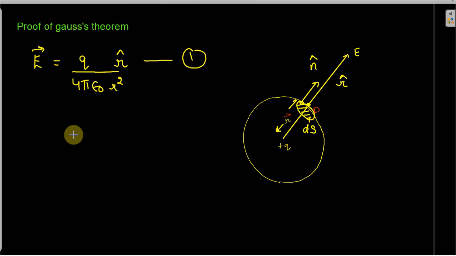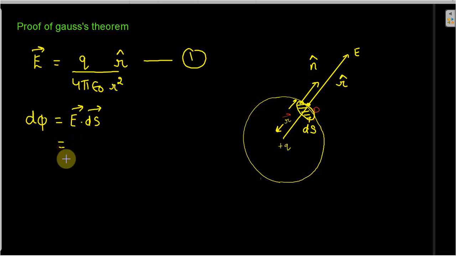Now we have to find the electric flux over the area element ds, because the element is very small and we want to find the electric field here. So the electric field produced by this positive Q charge at point P will also be very small at this area element. So let that flux be d phi. So the electric flux we want to find over the area element will be E dot ds. This is the formula for electric flux.